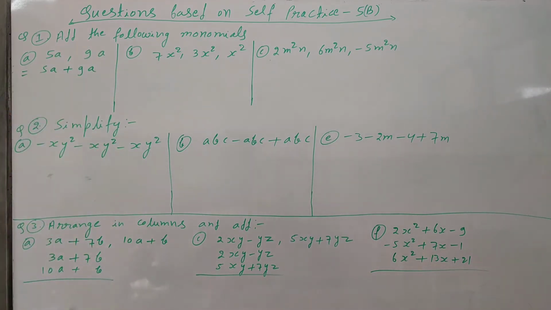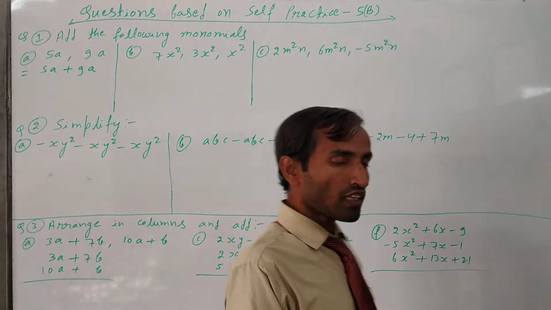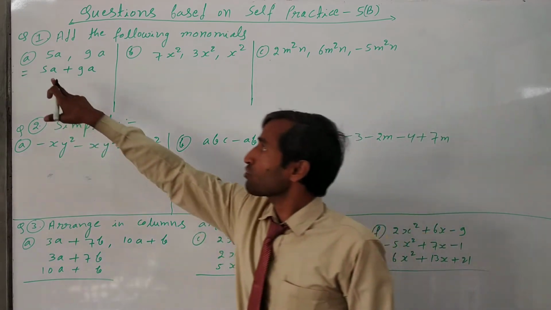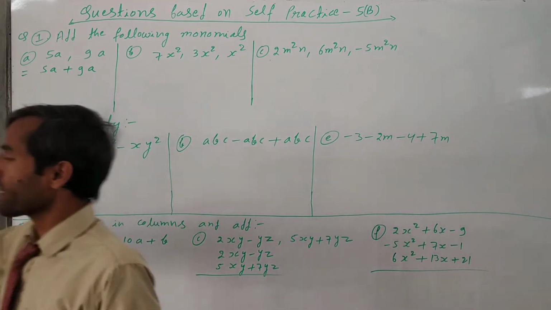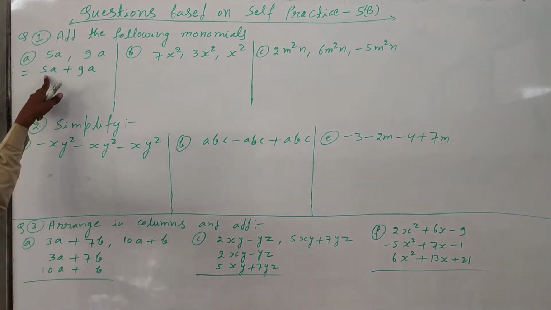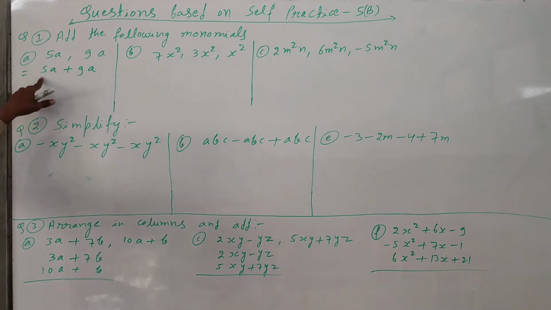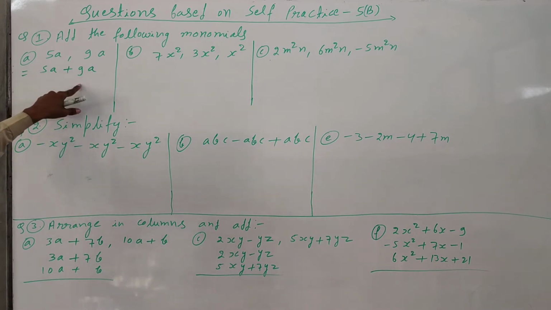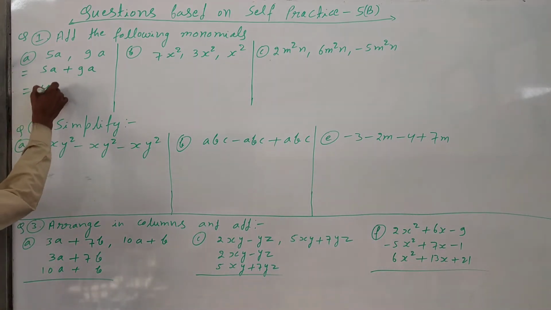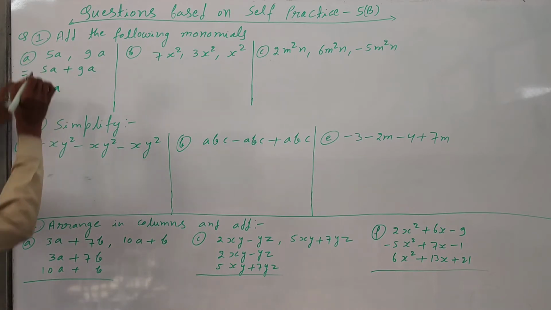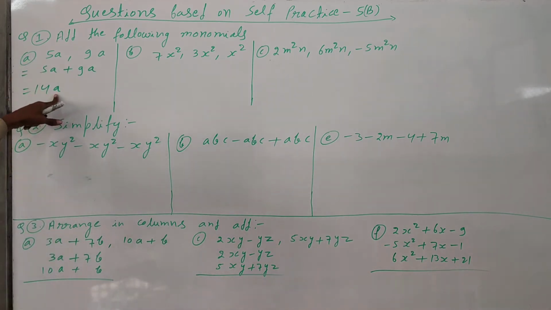And then we have to add the same as integers. How do we add integers? Just see the coefficient of the variable. The variable is a, here the coefficient is 9, and here the coefficient is 5. So we will add both the integers. 5 plus 9 will be 14a. And write down the variable also the same as this.